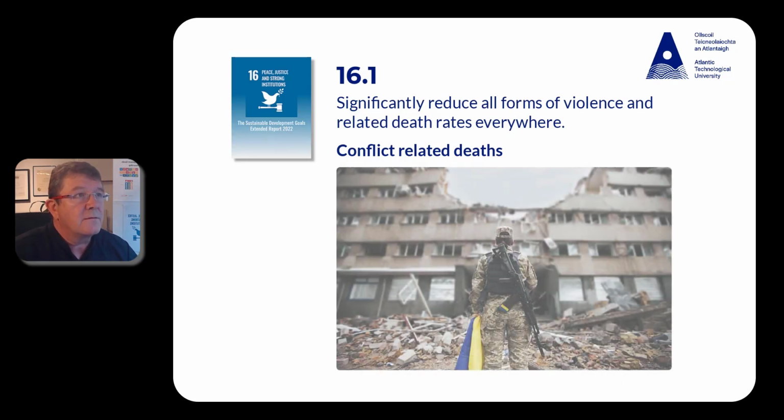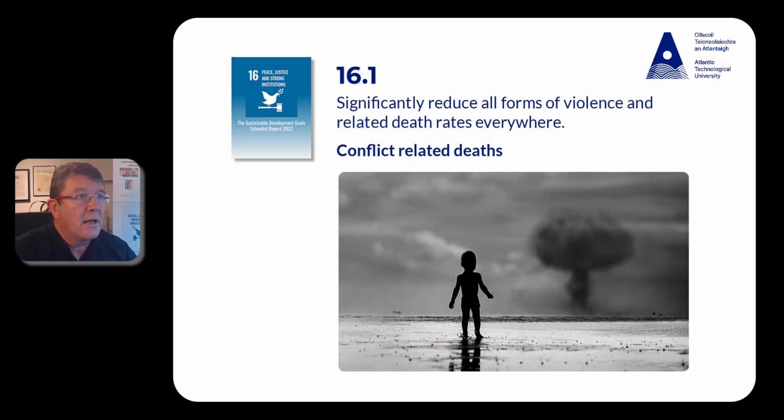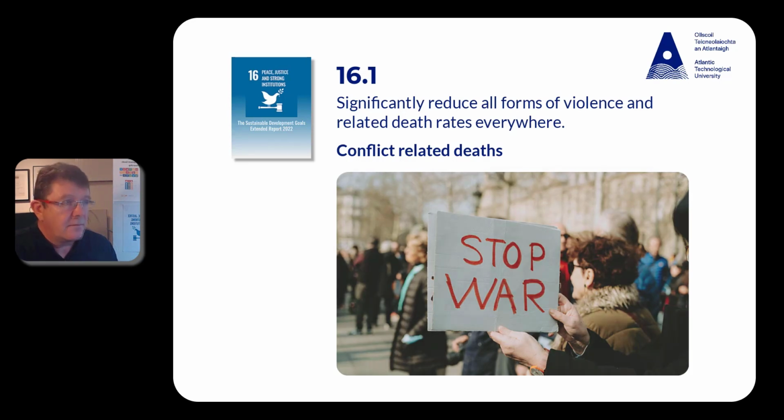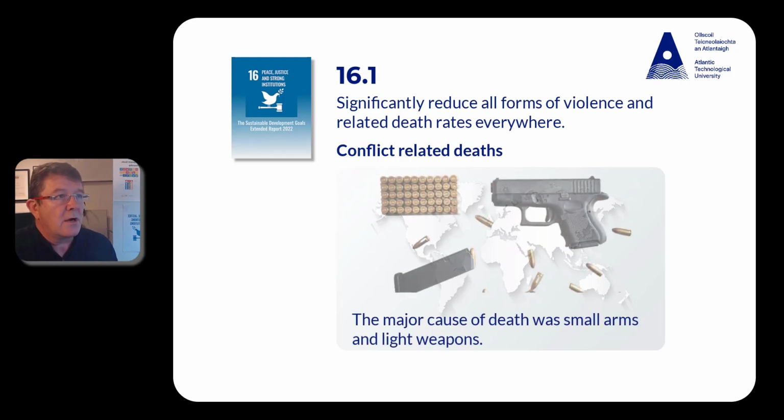The fluctuation in the number of civilian deaths seen in several armed conflicts since 2015 point to the continued and ongoing risks of escalation and associated violations of international human rights and international humanitarian law, as seen in early 2022. Unless and until armed conflicts are ended, they will continue to affect all segments of society and hit the most vulnerable the hardest. In 12 of the world's deadliest armed conflicts, the figures translate to 4.1 conflict-related deaths per 100,000 population, and 1 in 8 of those deaths was a woman or a child. The major cause of death there was small arms and light weapons, followed by heavy weapons and explosives.